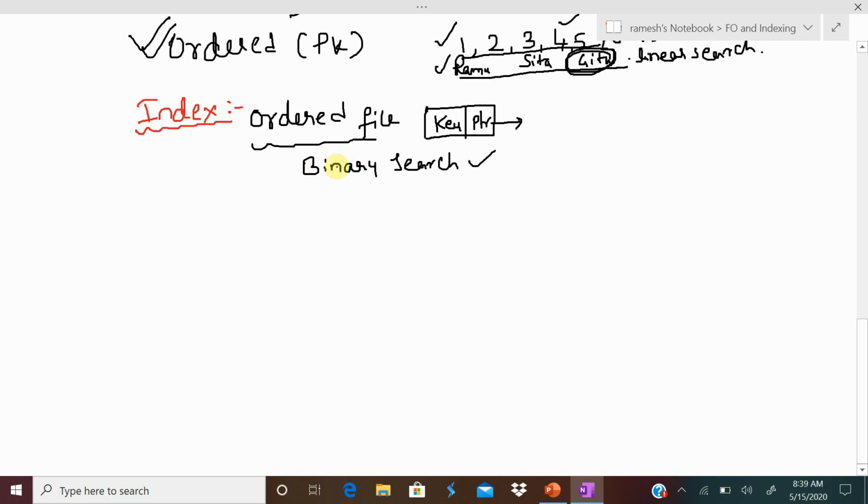Now we'll discuss the classification of indexes. Here, index is primarily classified into two types.